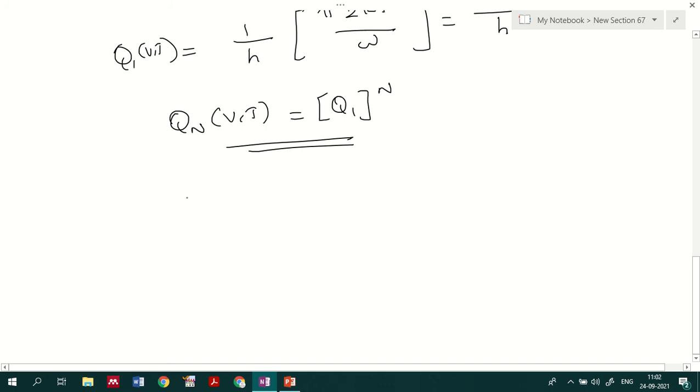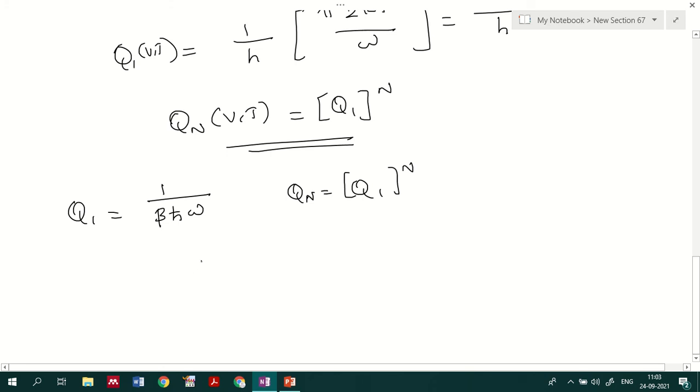Now here we will not be using the factorial representation that we utilized in the earlier case of the classical ideal gas, where we had the Gibbs paradox. In order to resolve that, we introduced an n factorial in that representation. So here we are not using that n factorial, but instead we will have Q1, which I can represent as 2 pi kt was there, so that I can represent as 1 by beta h cross omega. Okay, and Qn, I already said, is Q1 raised to n.